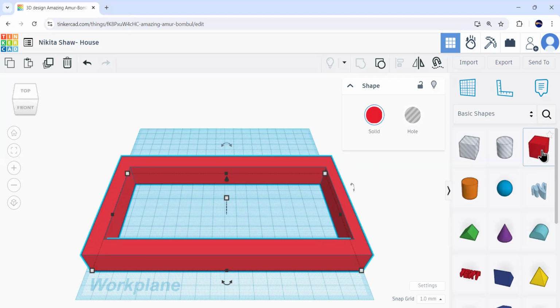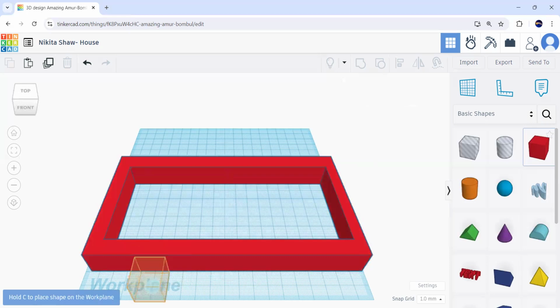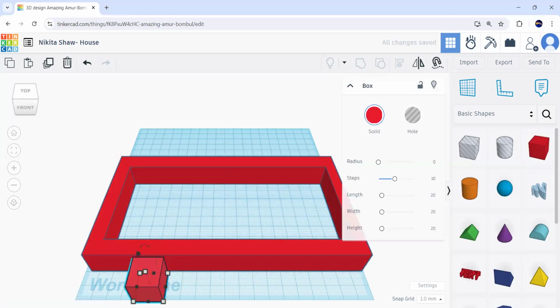So what we need to do next is again click on this box and put it on the side of the boundary like this. Now this time we will change the dimension by clicking the white boxes like this, so that it looks like a door. Okay, so first thing was to click on the white box to change the dimension two ways, like changing the length and the breadth, right? Now the next thing we will do is click on this black box on the other side, which is illuminating red, right? So we'll click on that black box, which is illuminating red, and then just drag it on the other side.